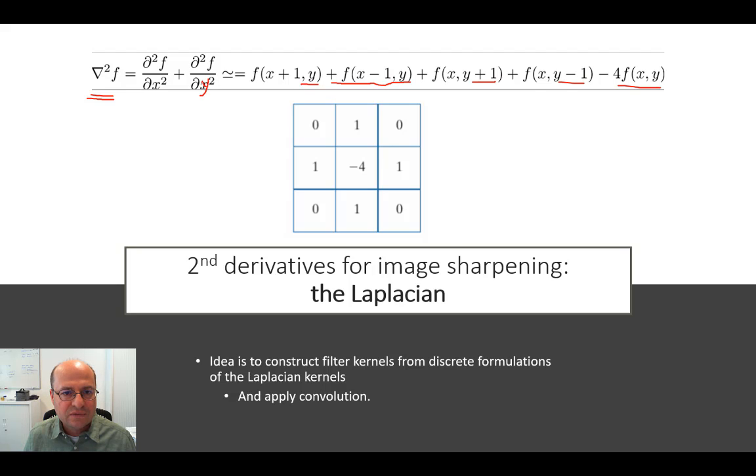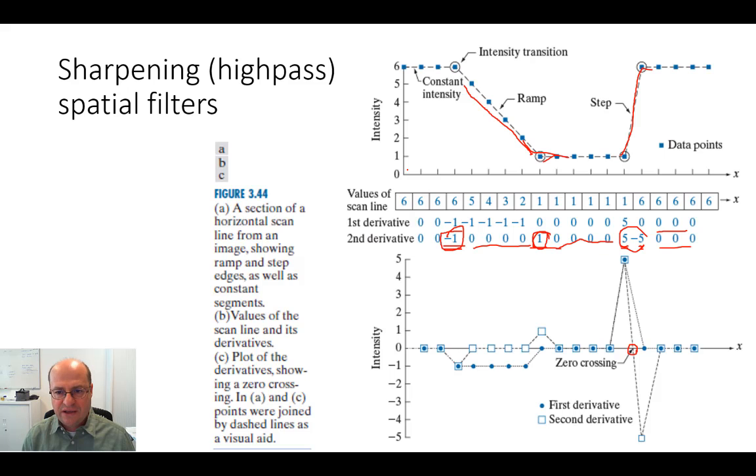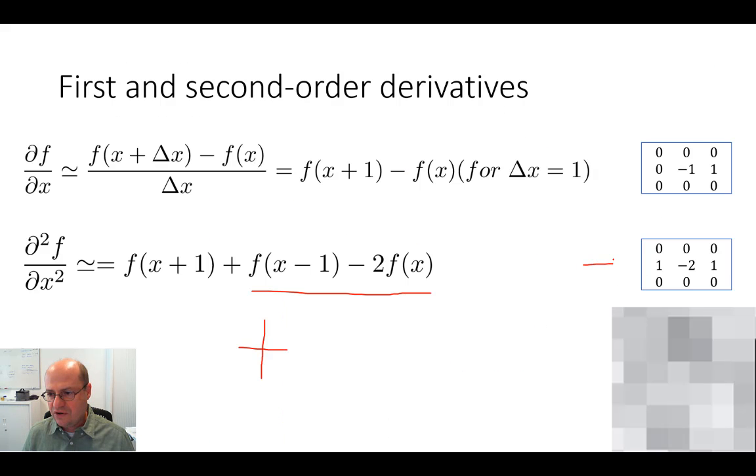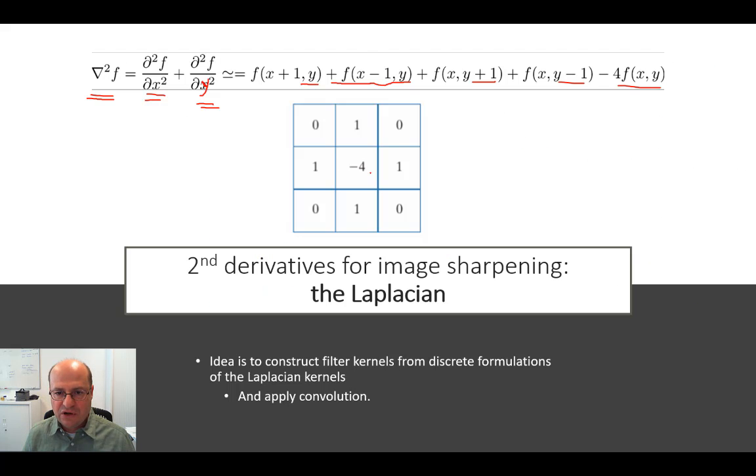Should be y here, right? There may be a mistake in the book. Because there is a change, second derivative on x and a second derivative on y, and it's just twice this kernel here, right? But then this kernel is representing the x coordinate, and then I should have another component on the y coordinate of the exact same kernel, and becomes this kernel here. This is the Laplacian. This is the second derivative for image sharpening, a very important operator, the Laplacian